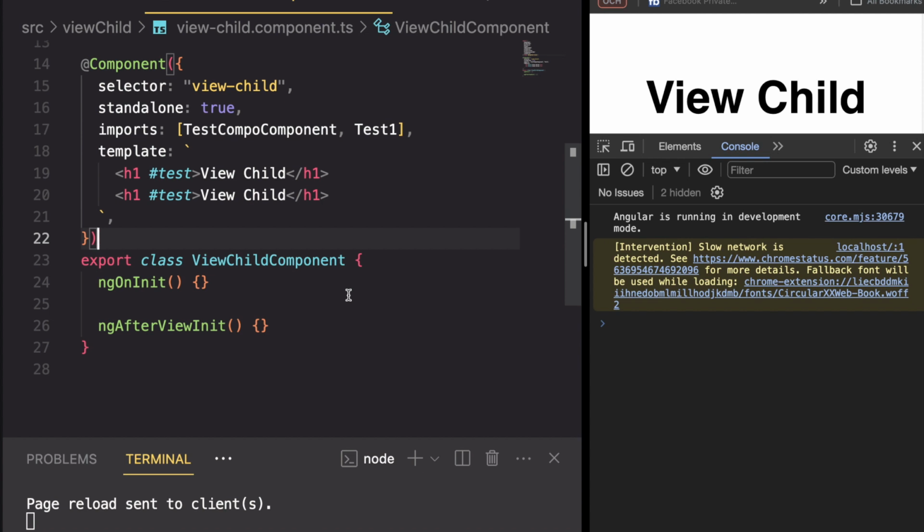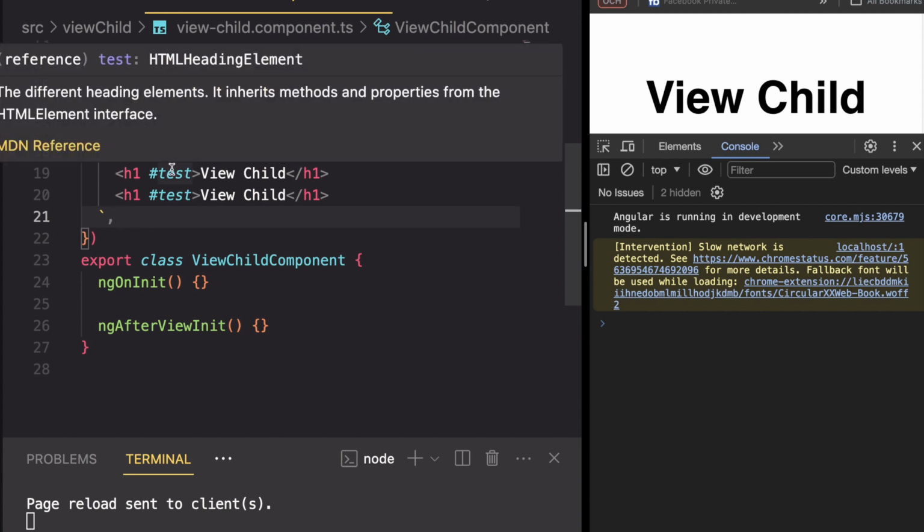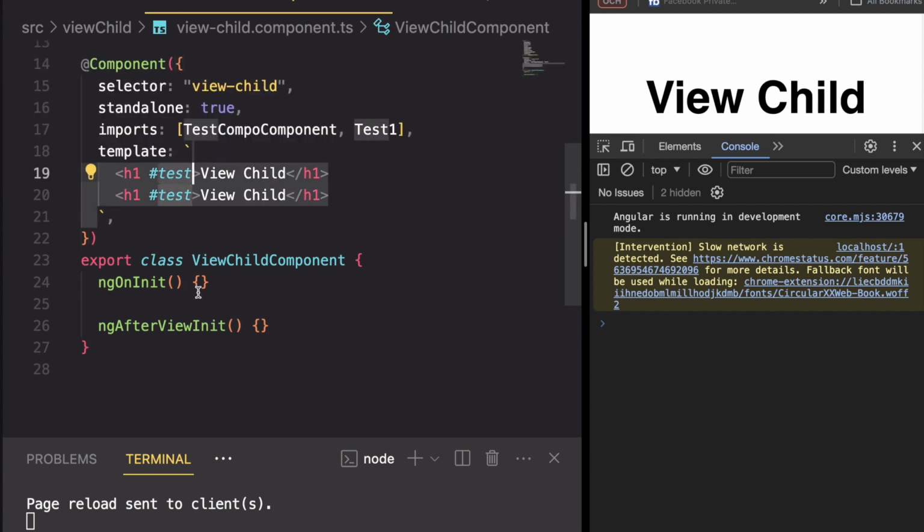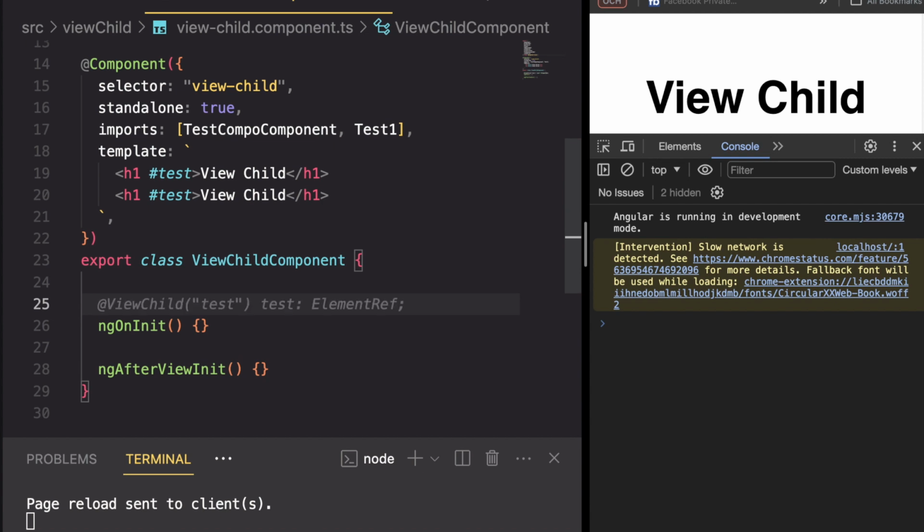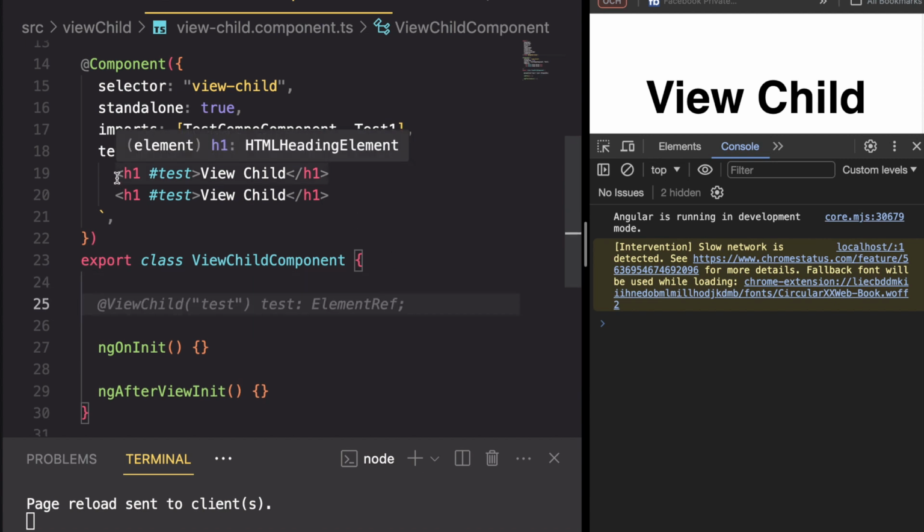The @ViewChildren Decorator is used to get a list of element references from the view DOM. Now look at this component we have here and look at the template. We have two H1 heading elements. Now they have the same element references, test and test. So these are the template variable names. Now we can use the @ViewChildren Decorator to get the list of all element references in the DOM that have the selector test. Now to do that, we'll first define the class field where we will store the list of